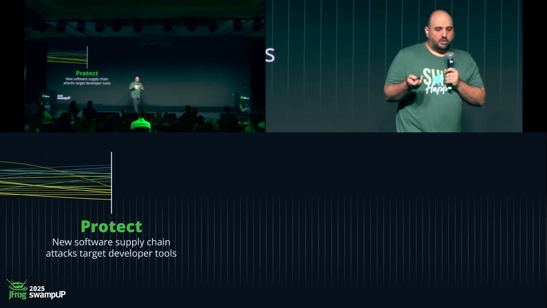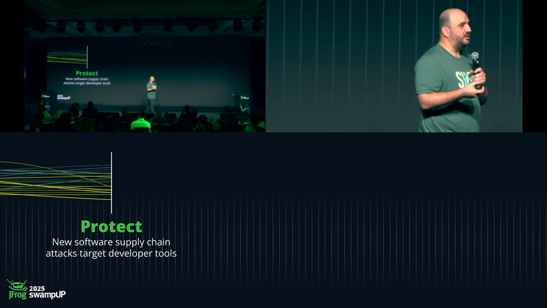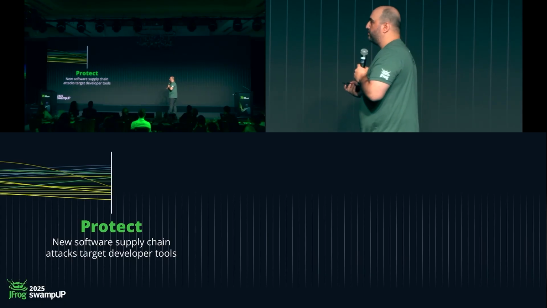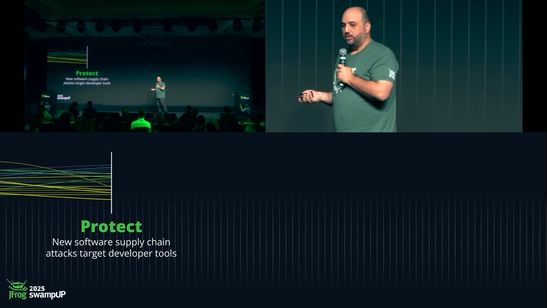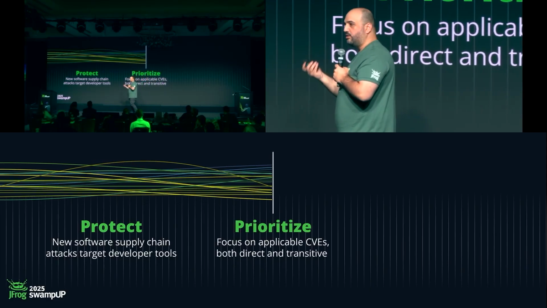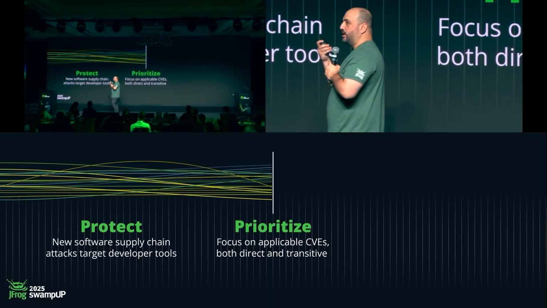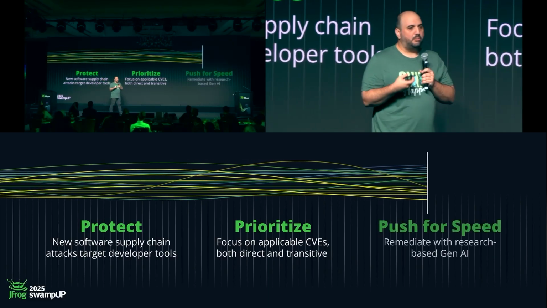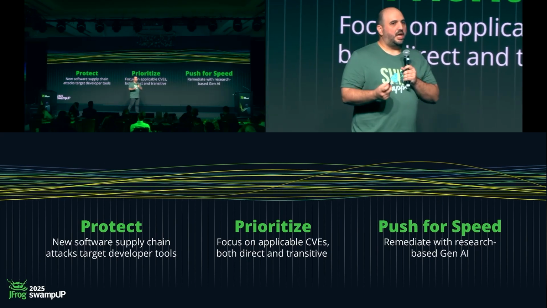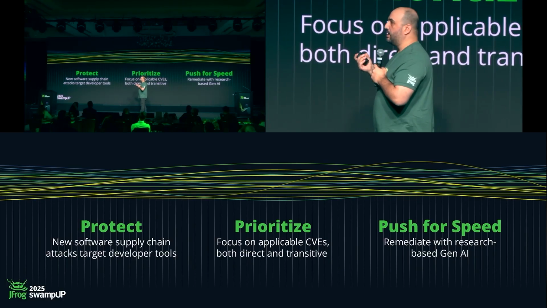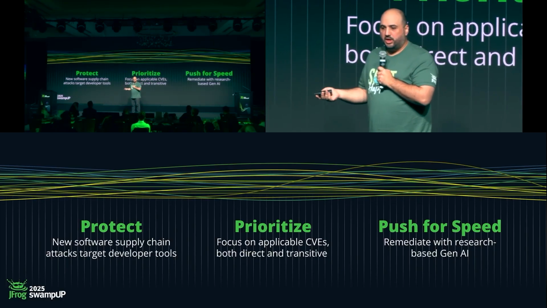And to just recap what we've discussed today. We've discussed protecting ourselves from new software supply chain attacks on malicious IDE extensions. We saw the release that we've done there to protect against those types of new attacks. We talked about prioritizing CVEs and what we should care about, whether they're really critical, whether they are exploitable, and whether they're running in production. Finally, we talked about our push for speed. We're using GenAI, the new, to protect us and fix the old. And this is a really important development that we're excited to share here.